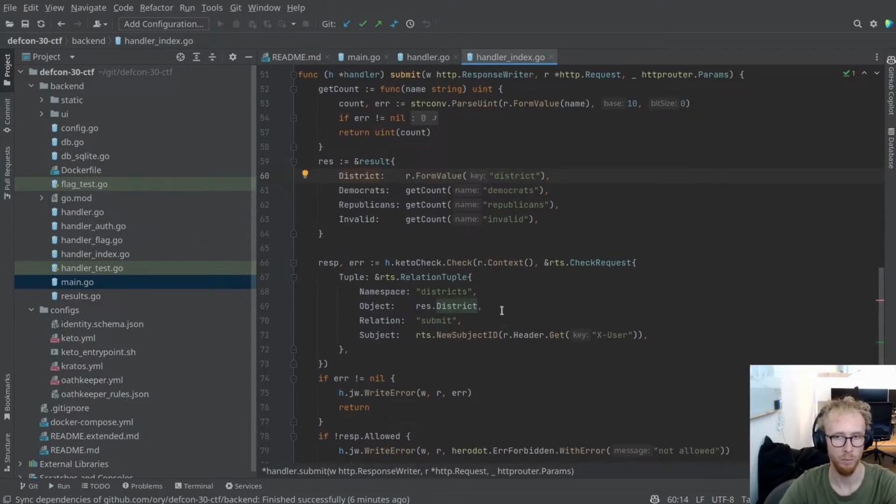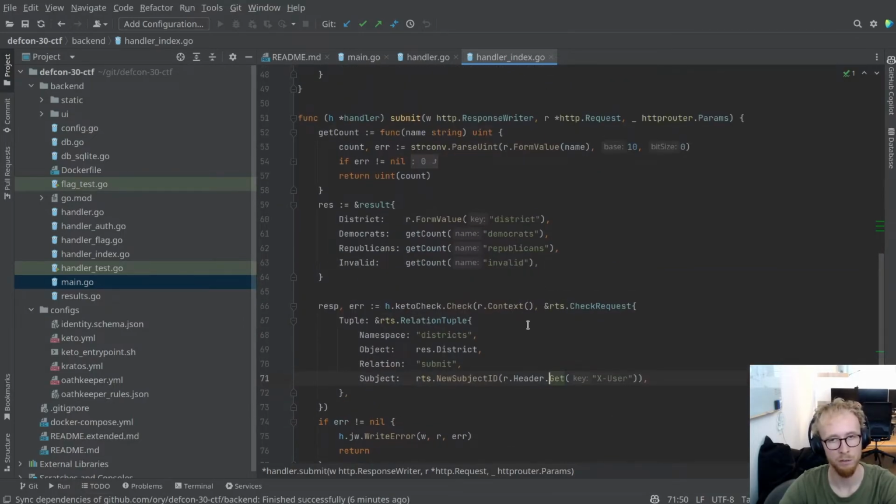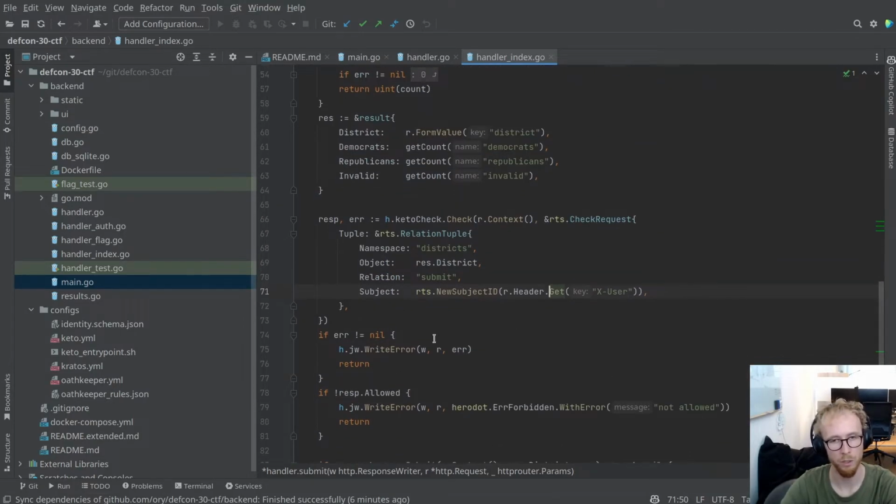Okay, so it basically just checks whether we have a submit relation. And if we have that one, so X minus user here, that's the user ID, if we look it up again. And basically if we have one, then we can submit, and if we don't, so if an error occurs,